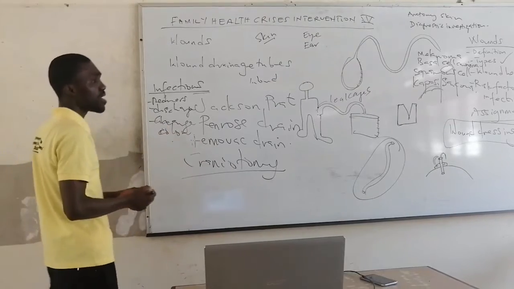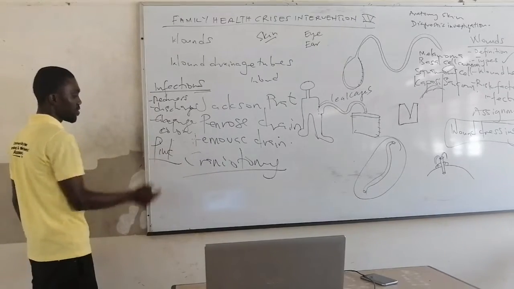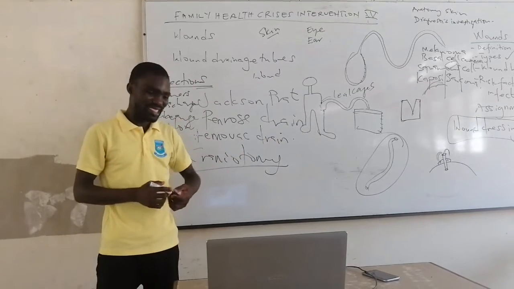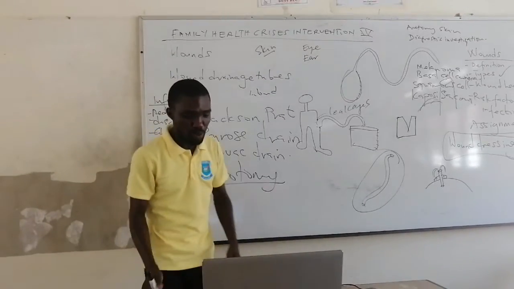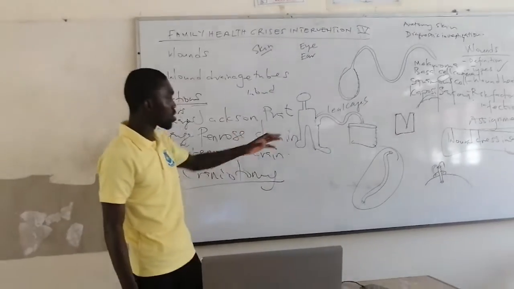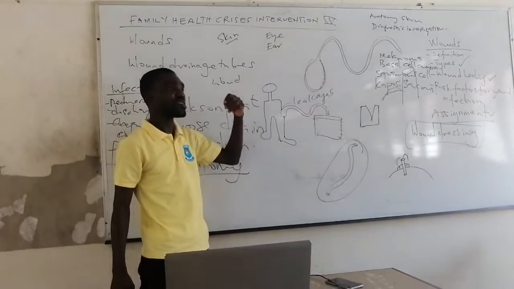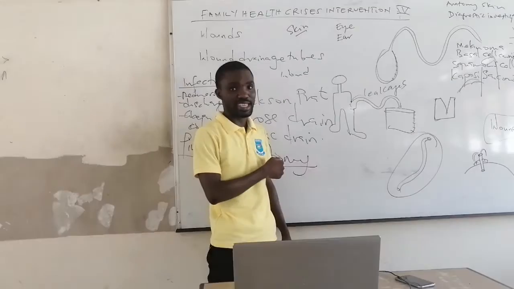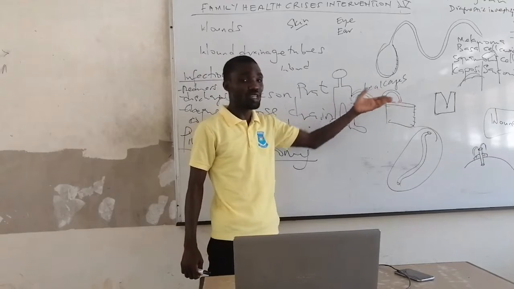So normally, if a wound is healing, then it's expected that the color will be pink, right? So if you get any other color or discharges apart from the pink color, then it's an indication that probably the wound is becoming infected. So you have to report to your in charge or the physician, right? And then, because it's a tube, you have to make sure that the tube is well secured, right? So it's a suture or a stitch that has been used to hold the tube to the skin. So there's a possibility that the stitch can come off. So always make sure that it's well secured and it's not pulling out.